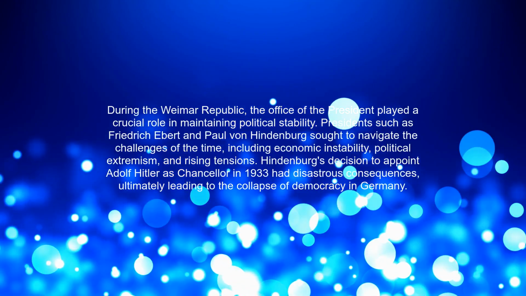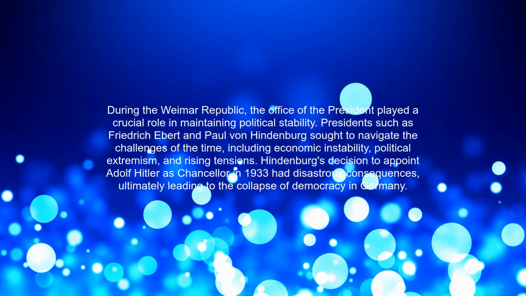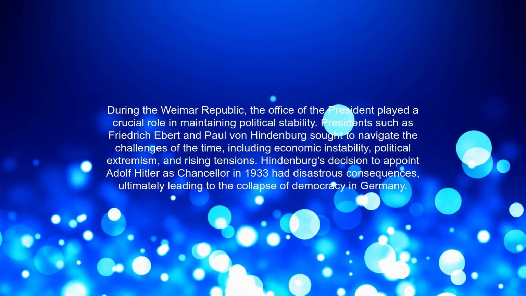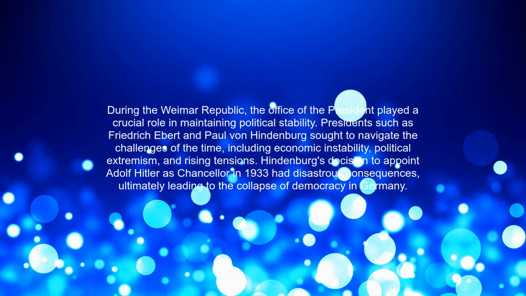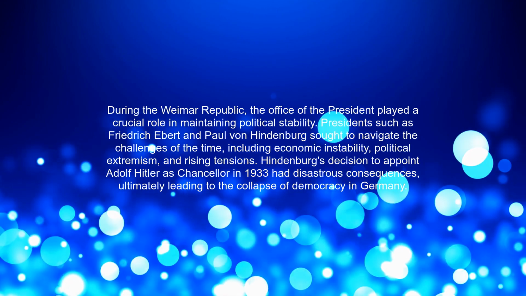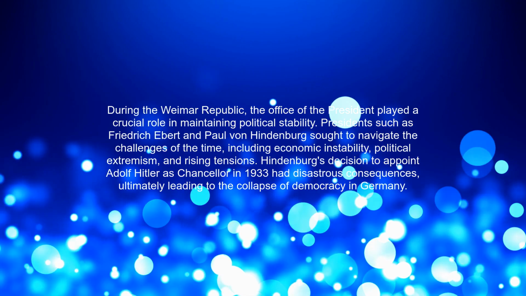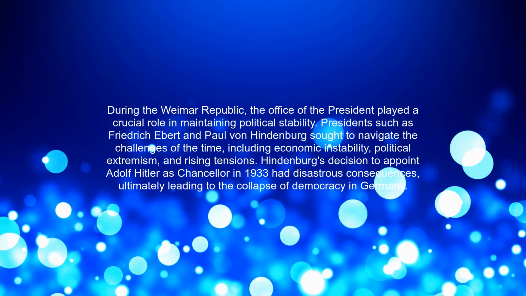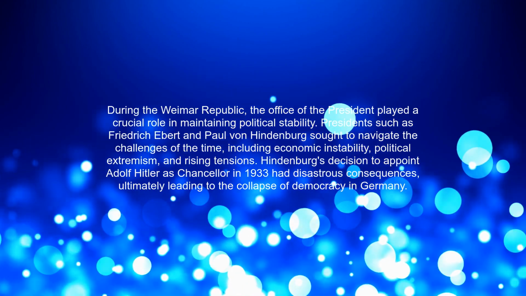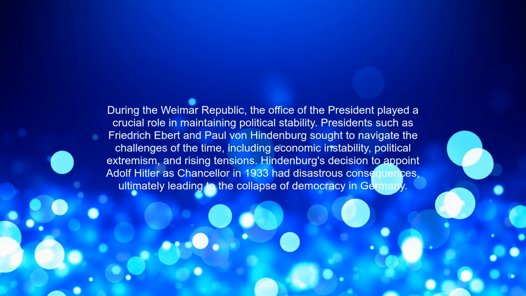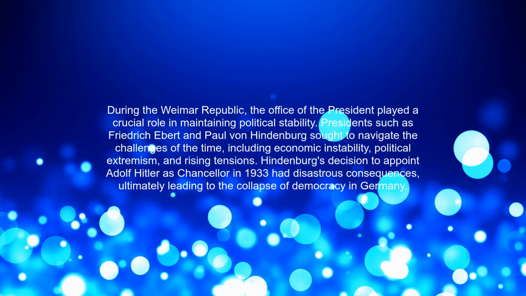During the Weimar Republic, the office of the president played a crucial role in maintaining political stability. Presidents such as Friedrich Ebert and Paul von Hindenburg sought to navigate the challenges of the time, including economic instability, political extremism, and rising tensions. Hindenburg's decision to appoint Adolf Hitler as chancellor in 1933 had disastrous consequences, ultimately leading to the collapse of democracy